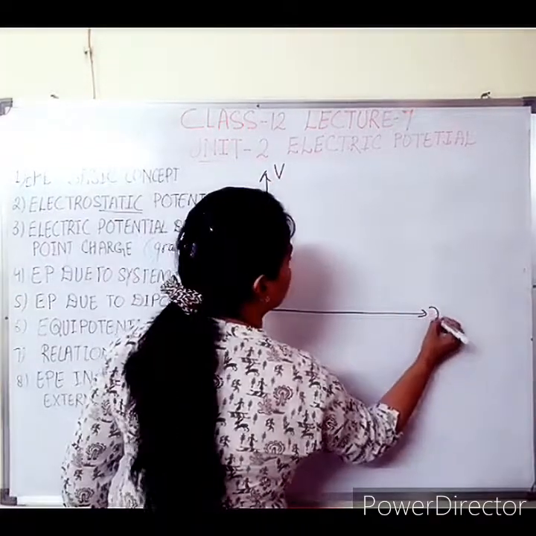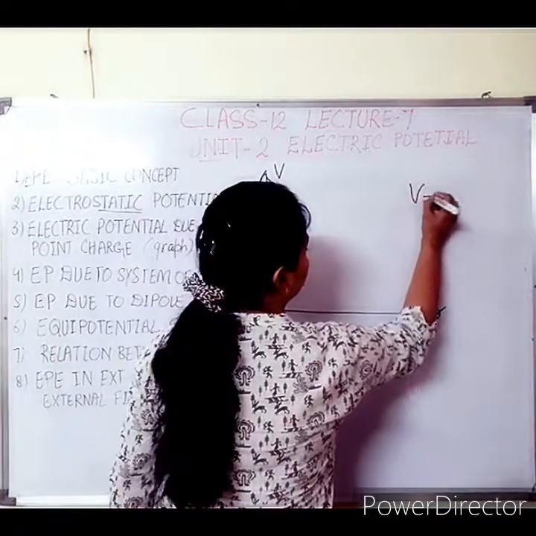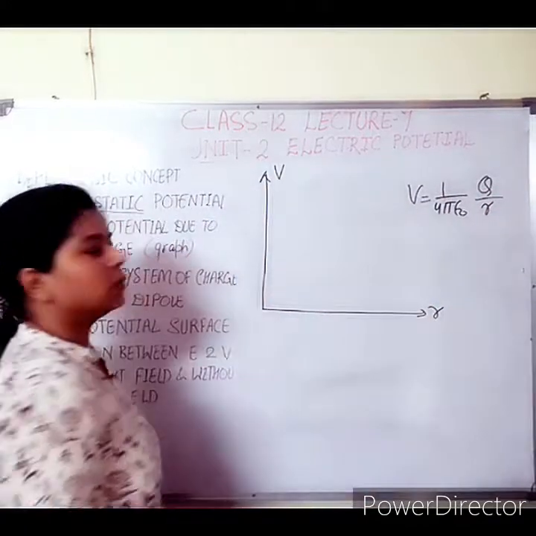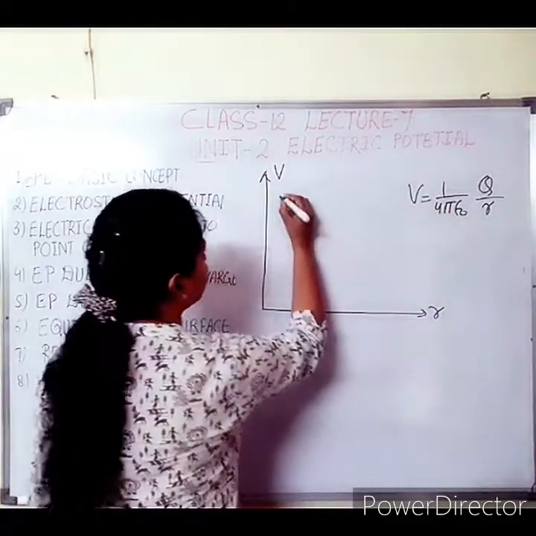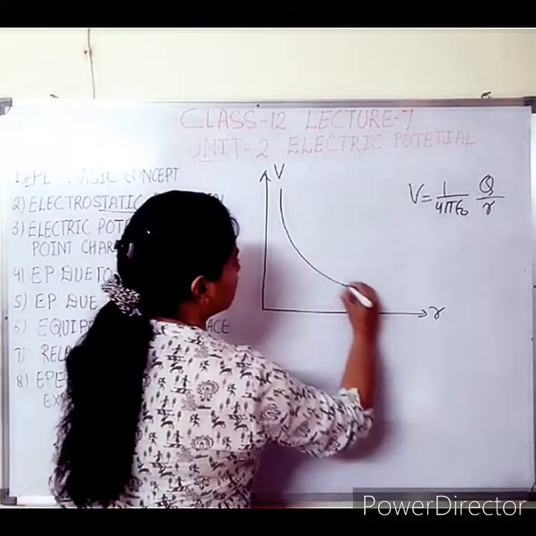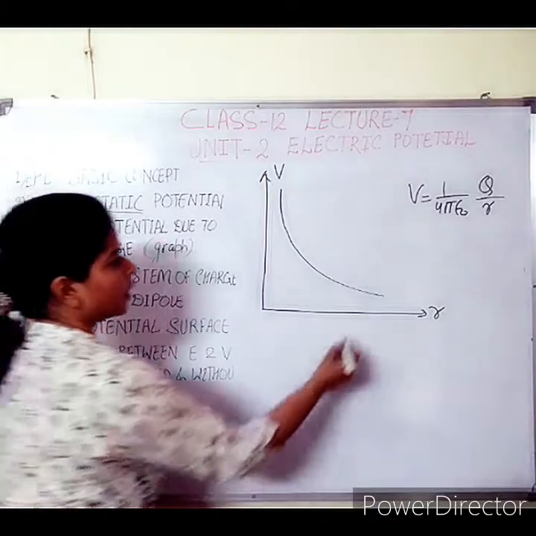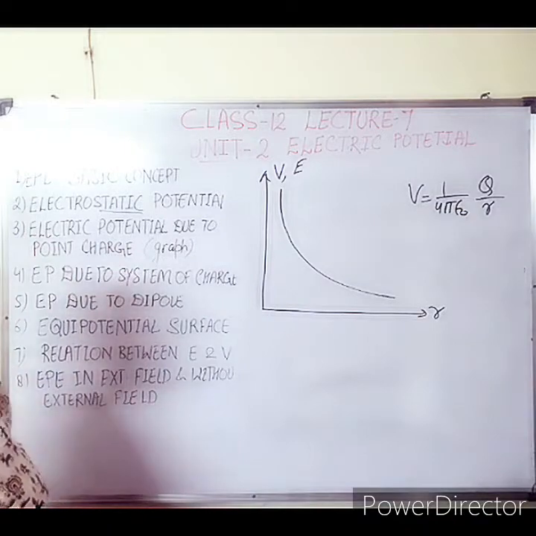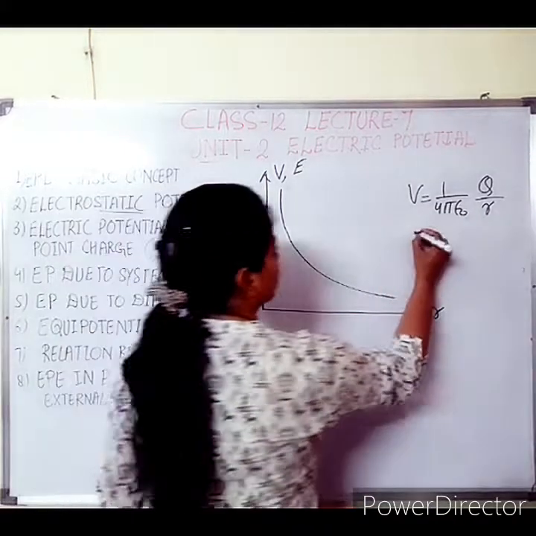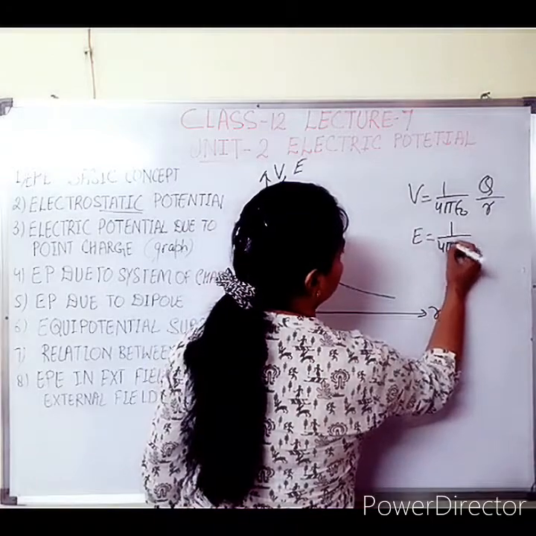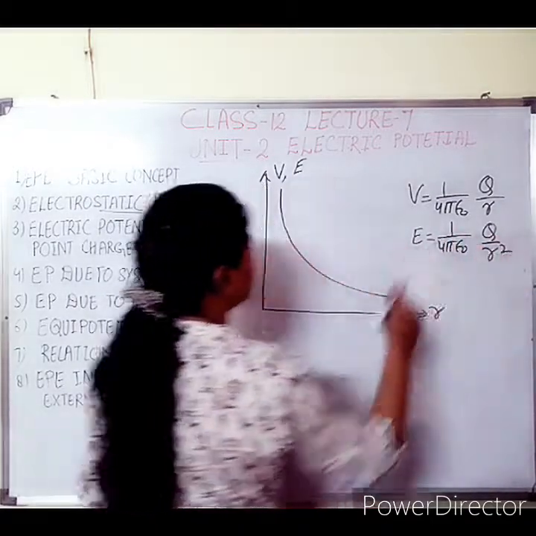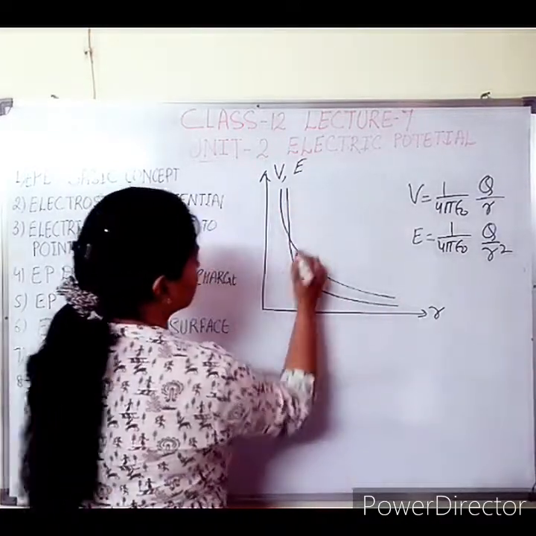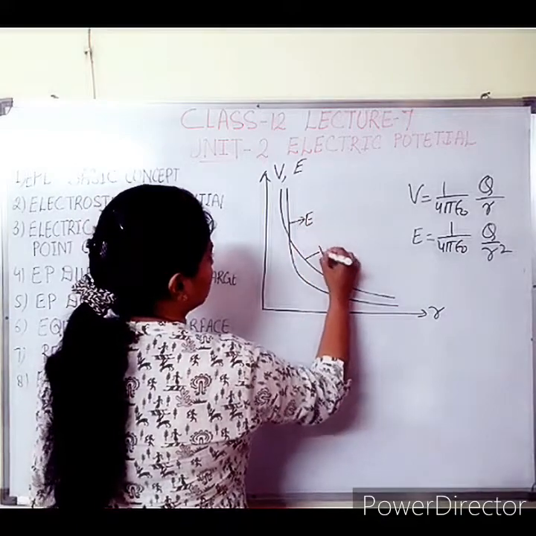This is V, this one is R. On the basis of this formula, remember, there is no other variable term other than R. Q is constant here, the source charge value. So the graph will come in this manner. We can draw the graph for E too. If E, the electric field, is taken on the y-axis, then the formula for E is equal to what? 1 over 4 pi epsilon naught, Q divided by R square. So it depends on R, and the graph of E is steeper, like in this manner. This is the E graph and this one is the V graph.